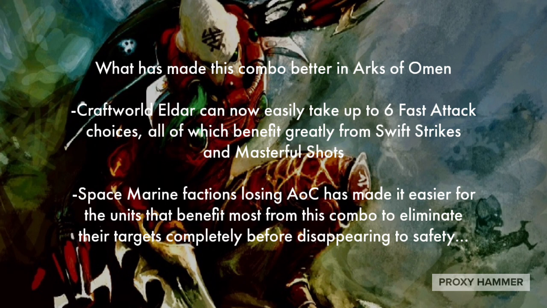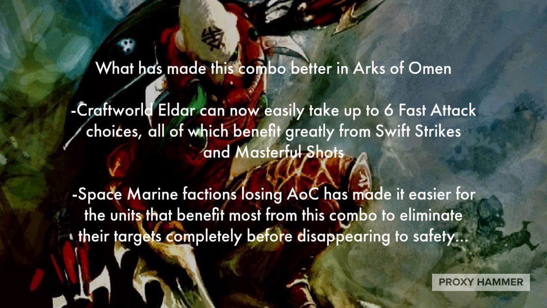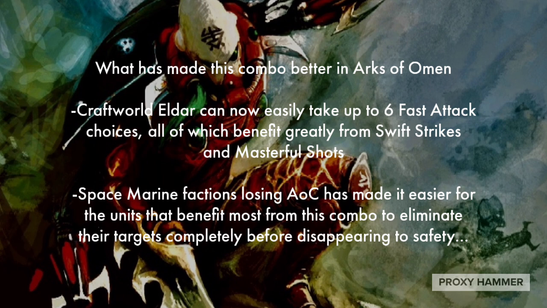However, because Craftworld Eldar can now easily take up to 6 fast attack choices, all of which benefit greatly from Swift Strikes and Masterful Shots, I think that even though Swooping Hawks got nerfed, we have a lot of other great options for Swift Strikes, which I will go into in a second. And also, the fact that Space Marine factions lost Armor of Contempt has made it easier for the units that